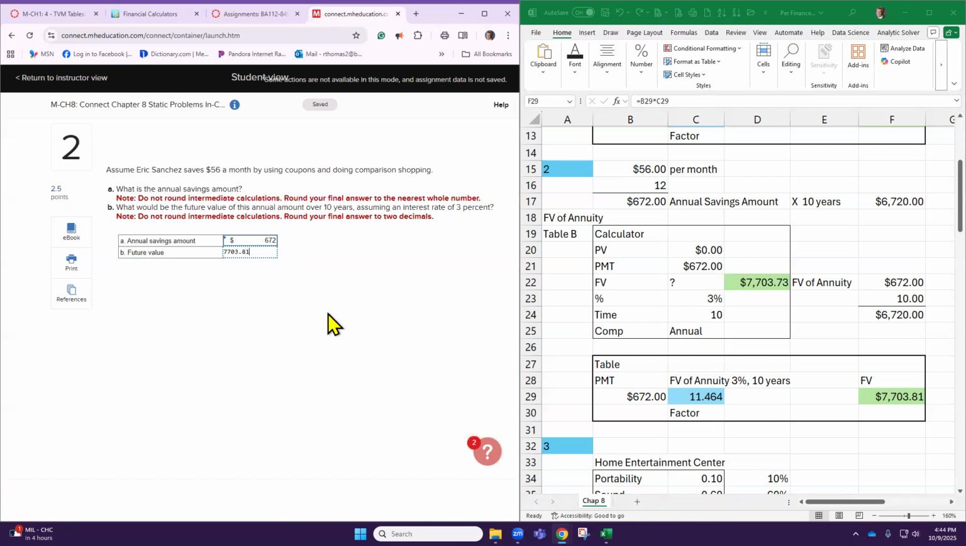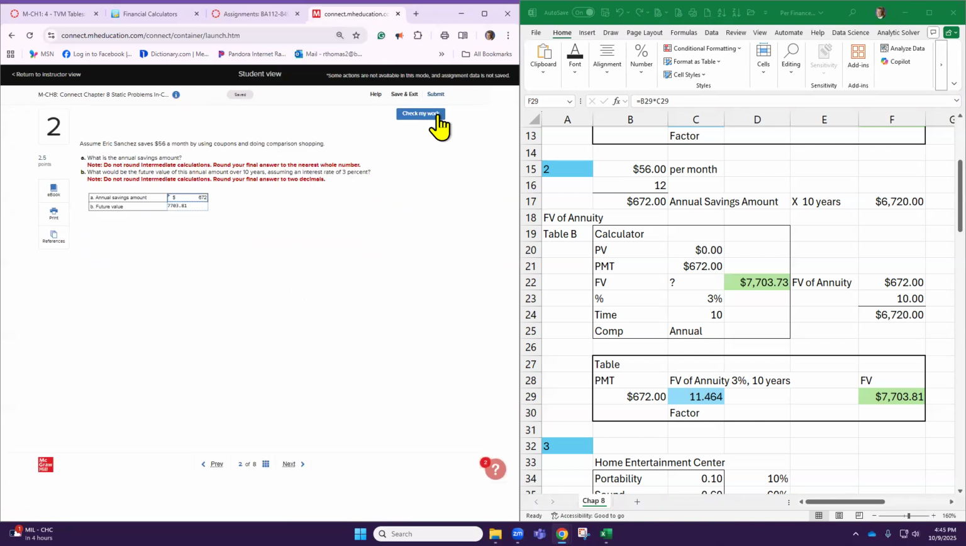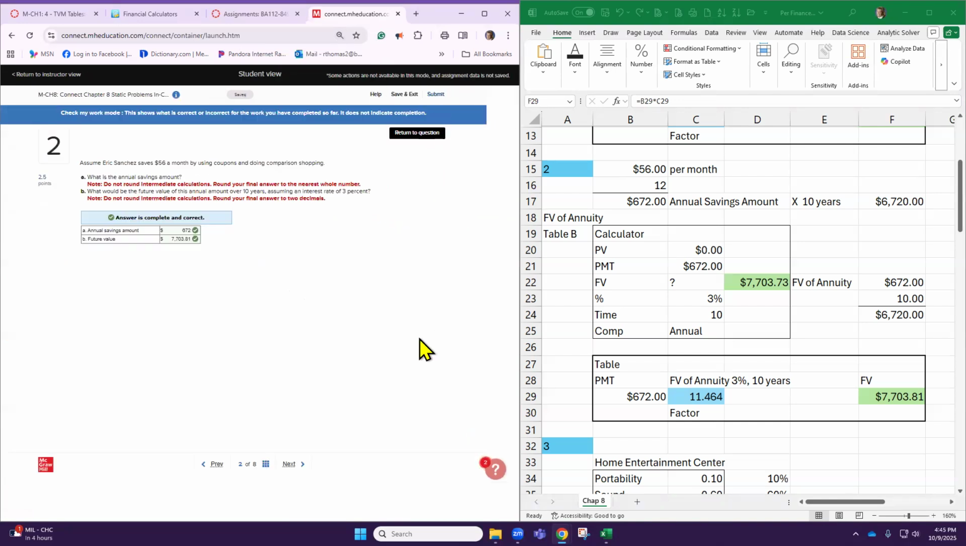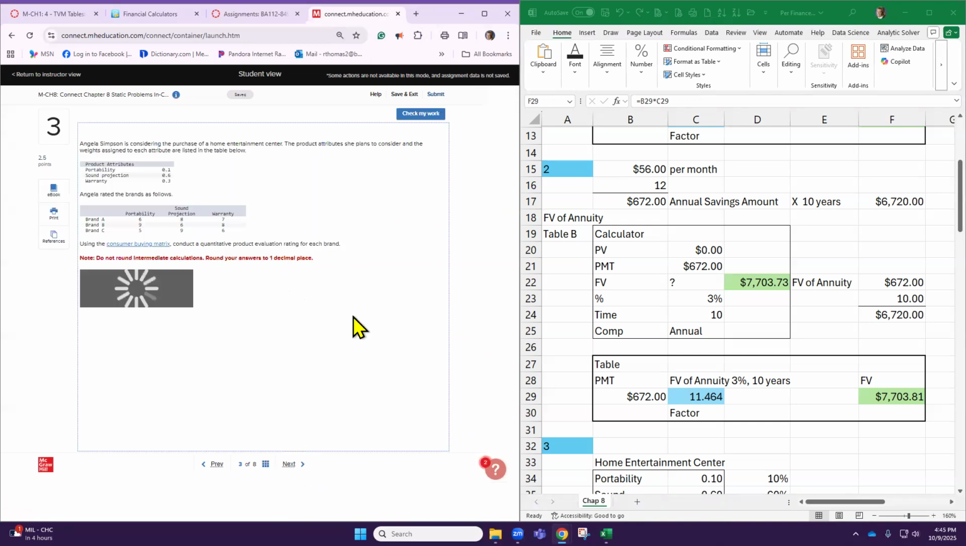$7,703.81. And we'll back it down so I can check the work. Okay, number 3. This is an exercise on doing some